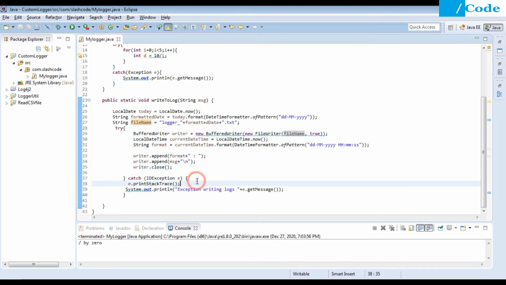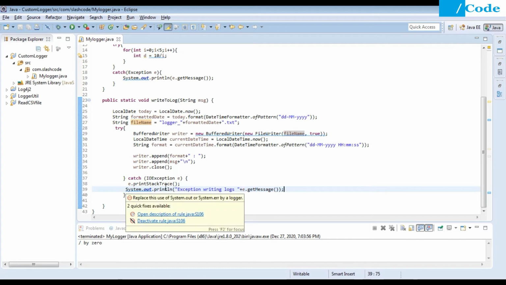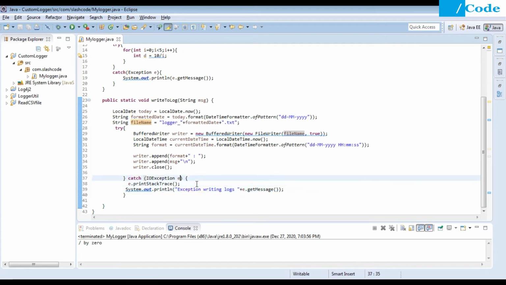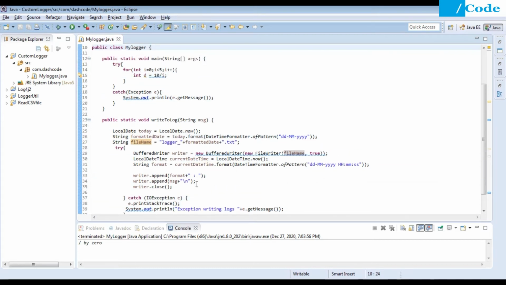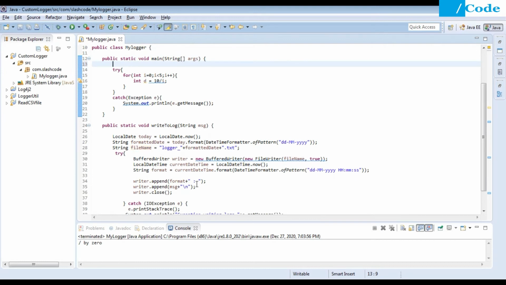If an exception comes, then we have just put it in the console here. But whenever we are calling from outside or from the main function, we will just call the writeToLog function directly from here. As you can see, I have created this file name. It will create a file inside the current directory only.